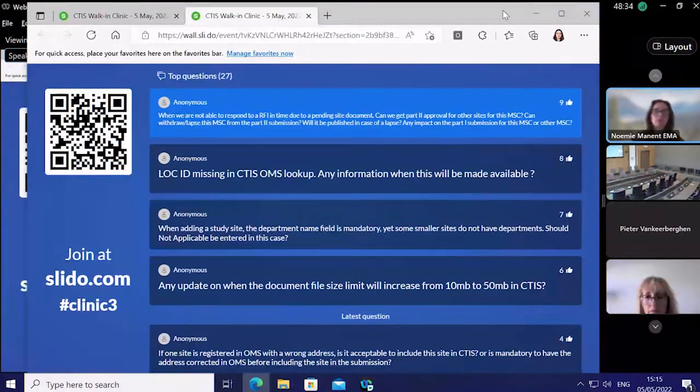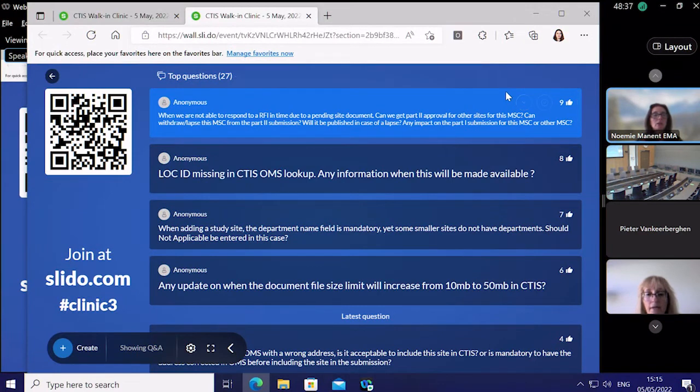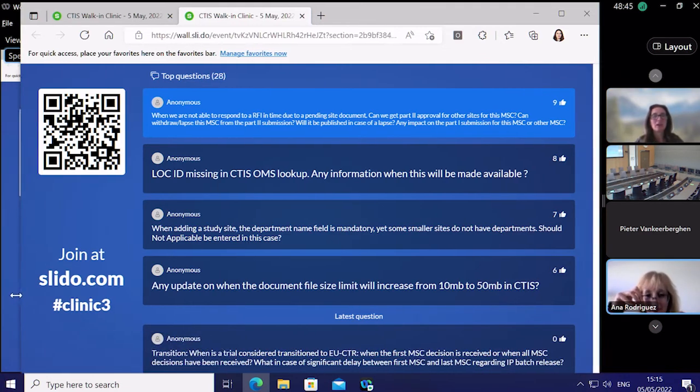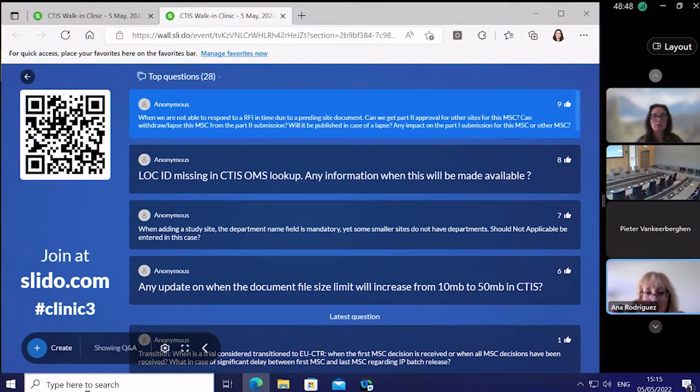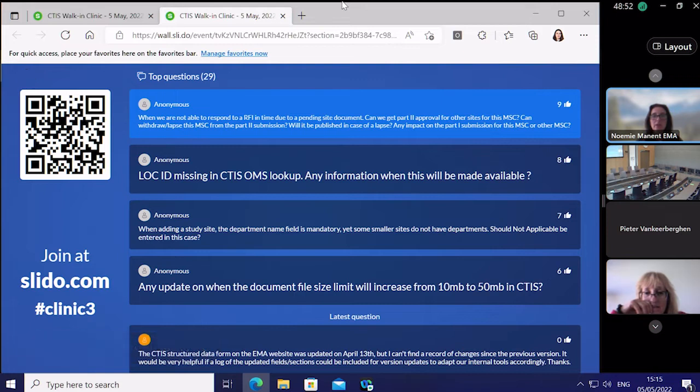So I think on this one, maybe I shall start, Anna, and then you can. The letters are so small here that sometimes it's difficult to read the question. What we need to understand is that the approval in an MSC is valid for all the sites. In this scenario, we're asking whether, in case you cannot provide a document